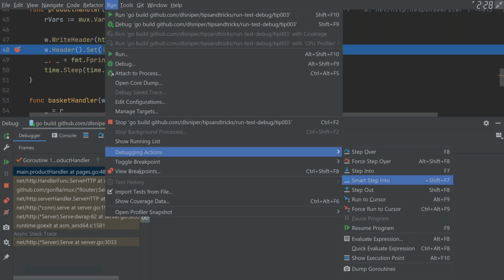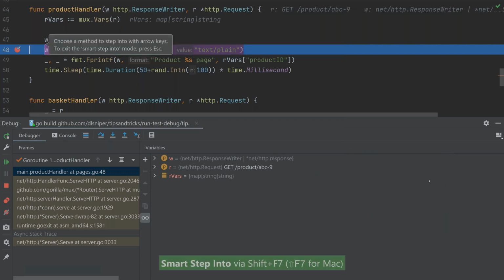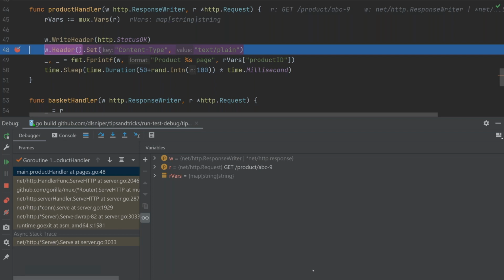Now, it has a dedicated shortcut, which is useful, and I think it's more useful than you going to the Run menu and all the way to the debug action. And that's called Shift F7. And you can see at the bottom of the screen the shortcuts I'm pressing. I'll try to say them, but if I forget to say them, then you can look into those. And they are displayed for Windows, Linux, and Mac. Back on track. So I press Shift F7, and this time around, instead of jumping into the header function,